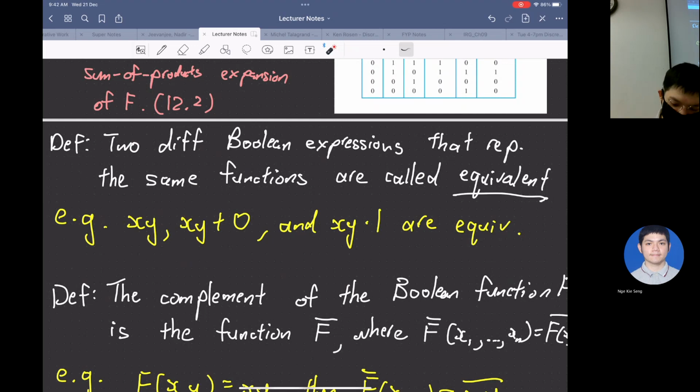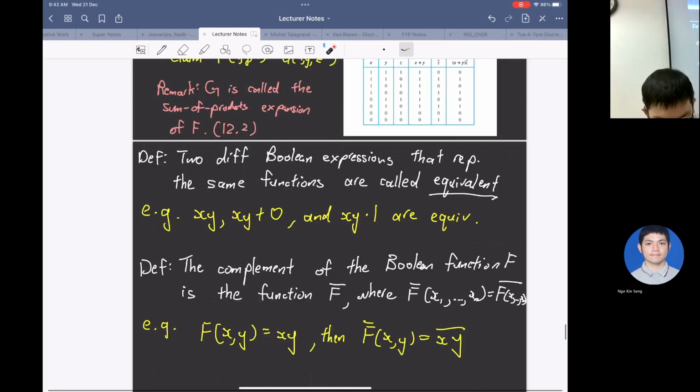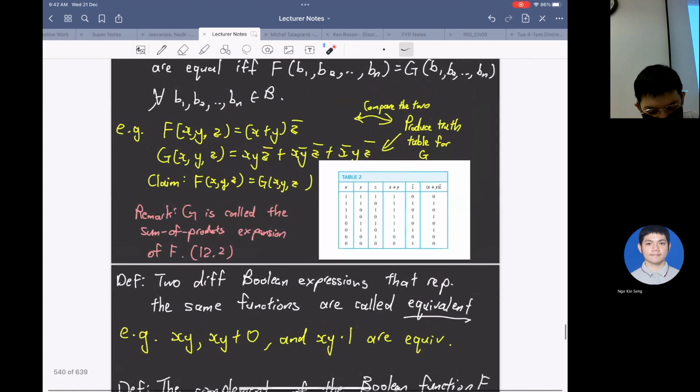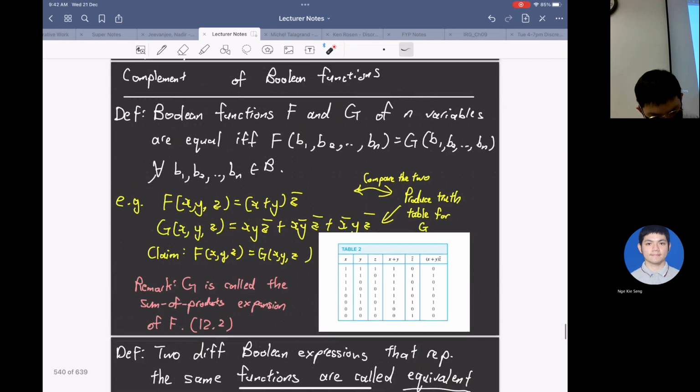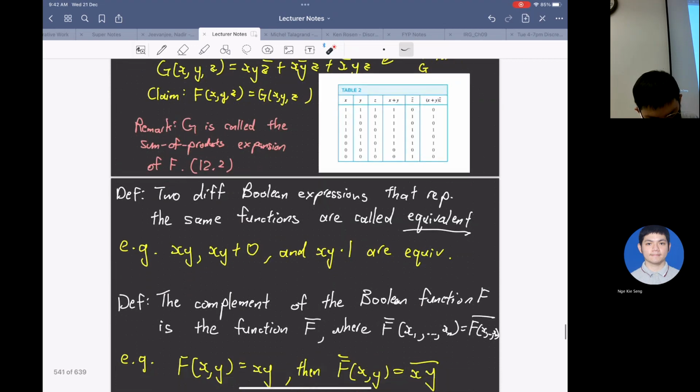这个我不知道，感觉他用字用得有点怪。我觉得这个应该叫 equivalent，这个应该叫 equal，因为这个是 function，这个是表达式，expression。啊，那我差不多理解了。